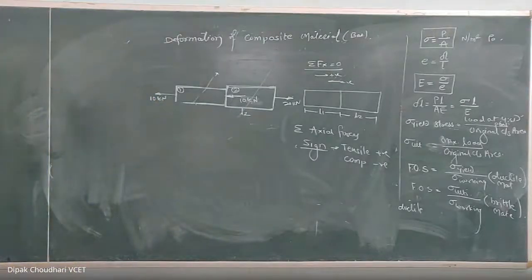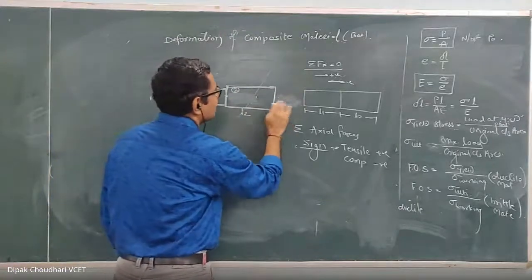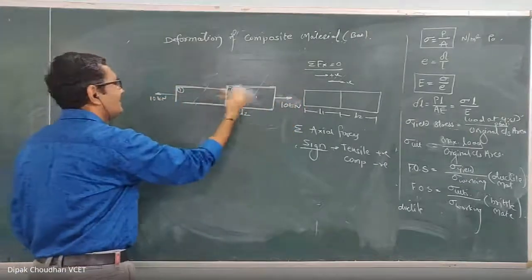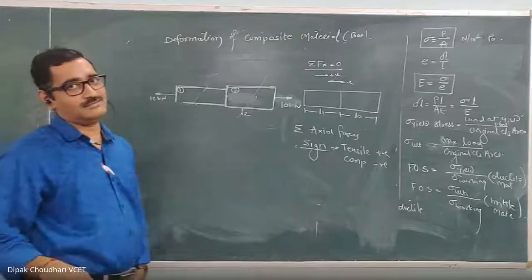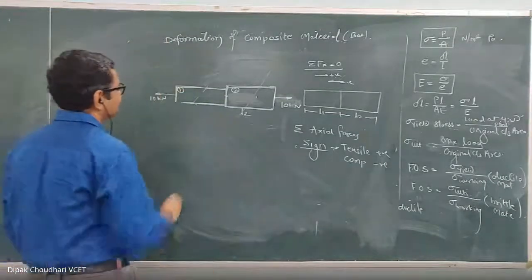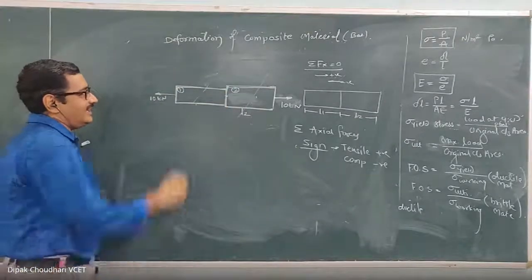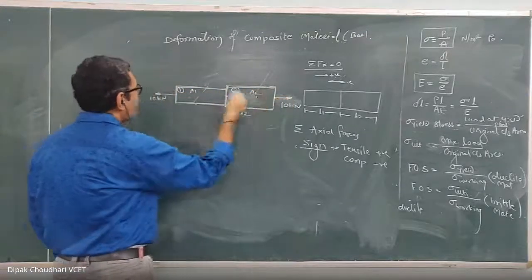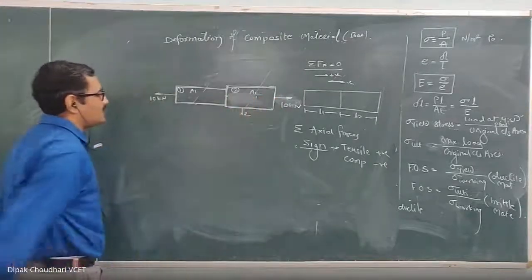Now coming back. Let's consider the same rod which is subjected to an axial force of 10 kilonewton. Here 10 kilonewton, here 10 kilonewton, and no intermediate force. All of you have to answer my question. Let's consider these two cross-sectional areas. Let this be part 1 whose area is A1, and this be part 2 whose area is A2, and it is subjected to the 10 kilonewton force at the end only. No intermediate force is acting.